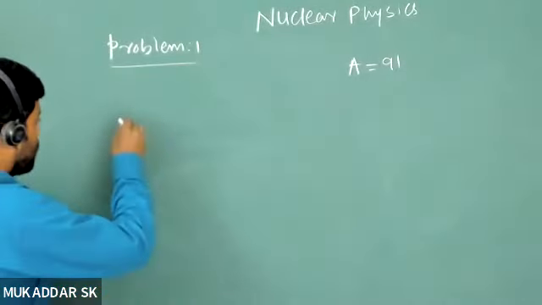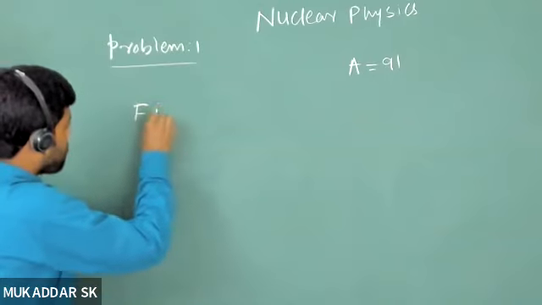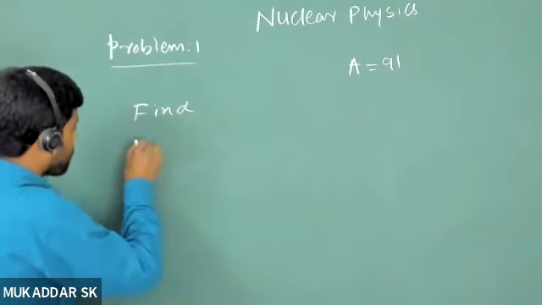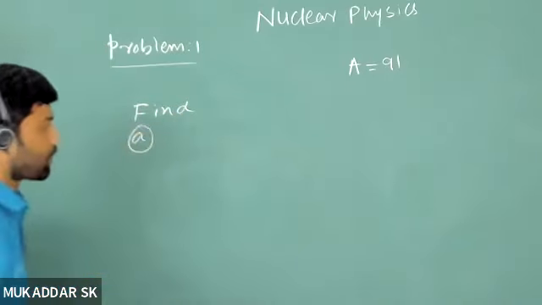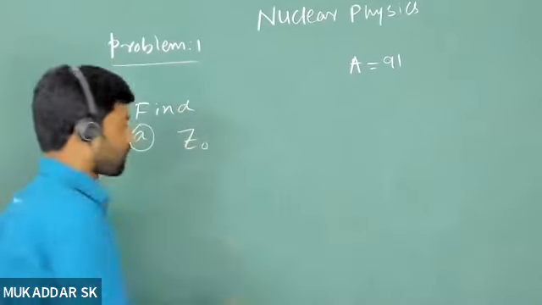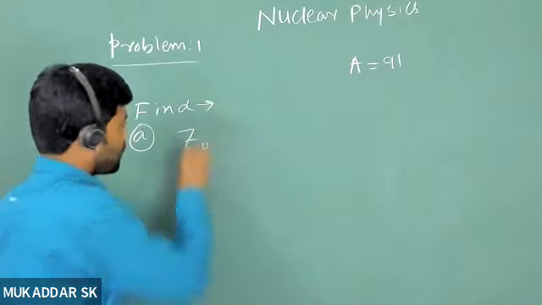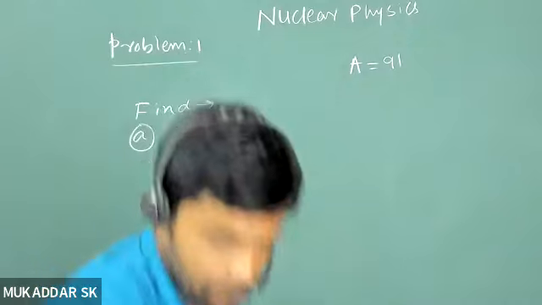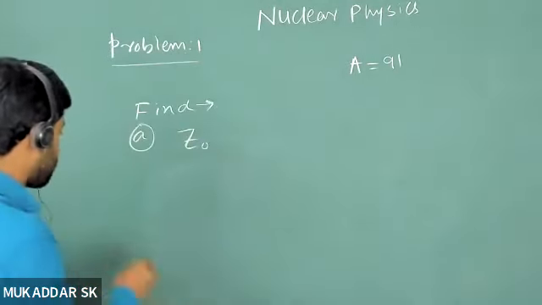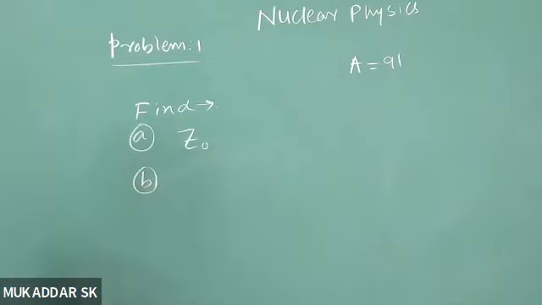In the first part, you have to find Z naught. In part B, you have to calculate